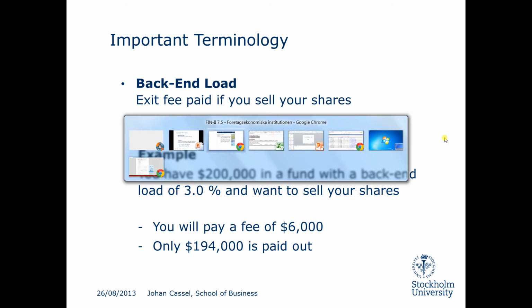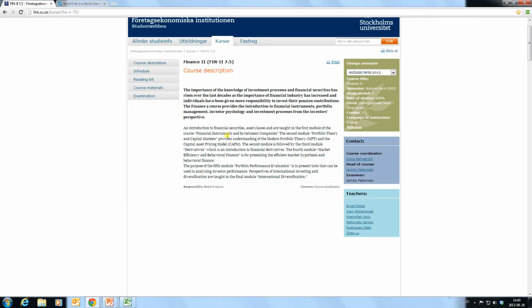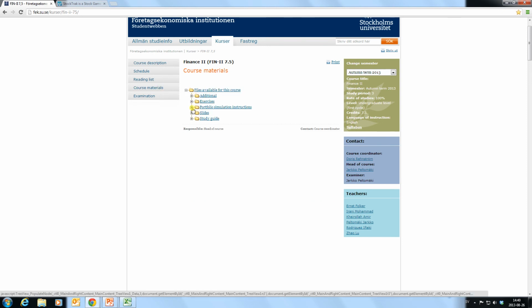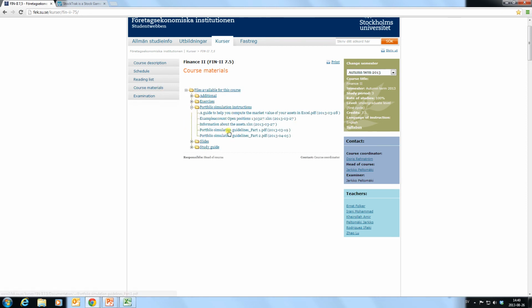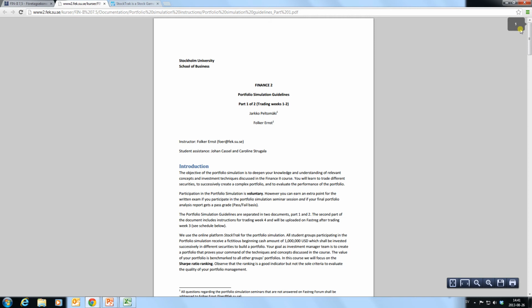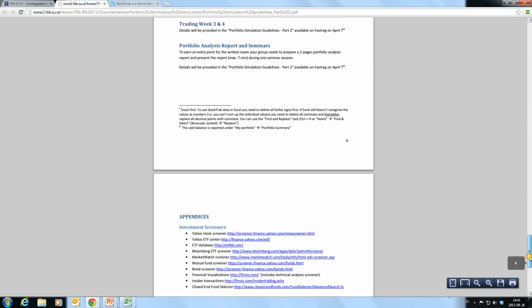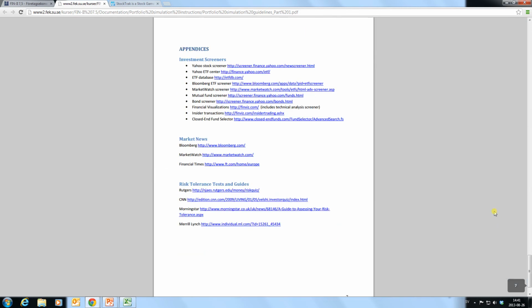Okay, so let's go and look at funds then. In the course webpage, we go to course materials, then to the portfolio simulation instructions and the simulation guidelines part 1. At the end, we have the appendix with all the investment screeners. And the one I'm going to use today is the one called Mutual Fund Screener, which is a screener by Yahoo. So we click on that one,